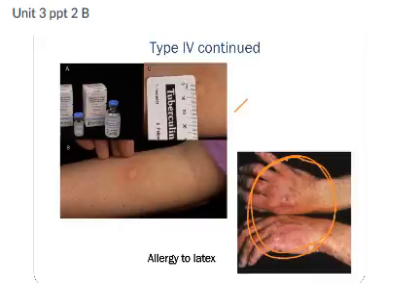Another example for type 4 is TB testing. Those of you that work in healthcare, or any of us with children, or if we're up to date on our vaccinations, you go in and they do the tuberculin test, which is they poke you with this little thing, and then they give you this card to take home and say, hey, call us in a few days if the bump is this high, or the reaction is this big,